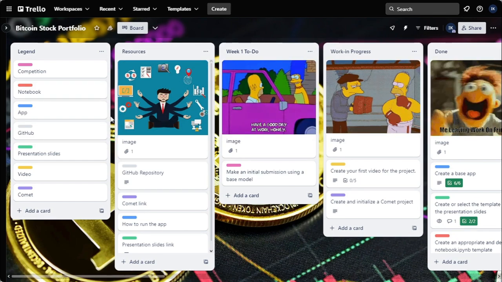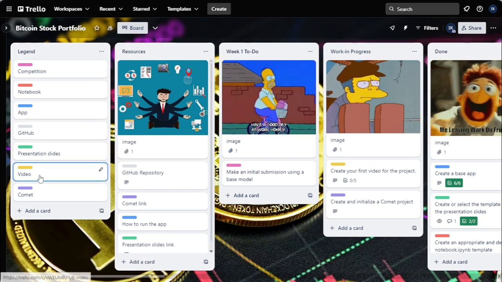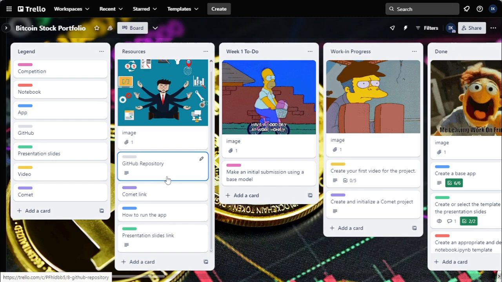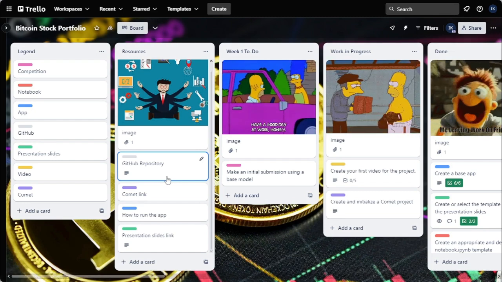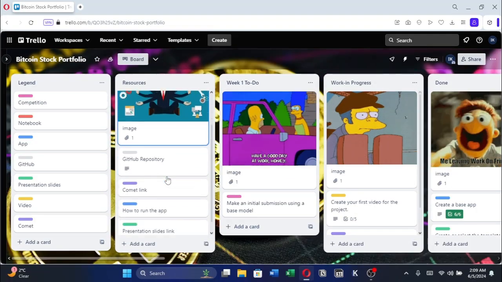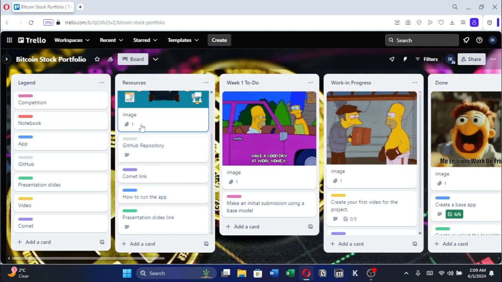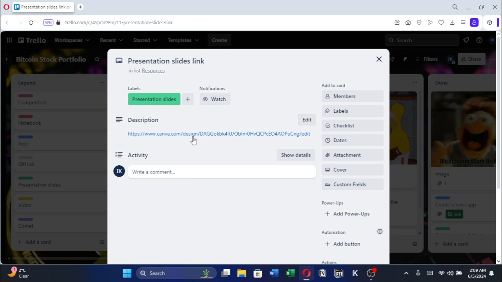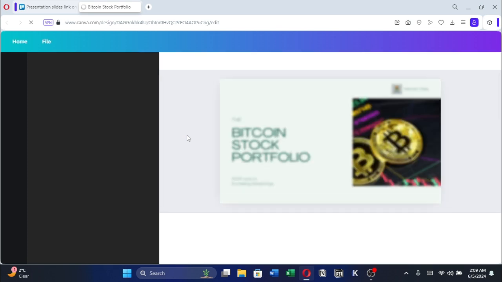Now let me see. So yeah, this is the legend and this is the resources. Next, I would like us to have a look at how I've initialized the presentation slides. In our resources, we can find the links to the presentation slides that I've initialized. It's more of an all-in-one board kind of thing. So anything you need, you know,